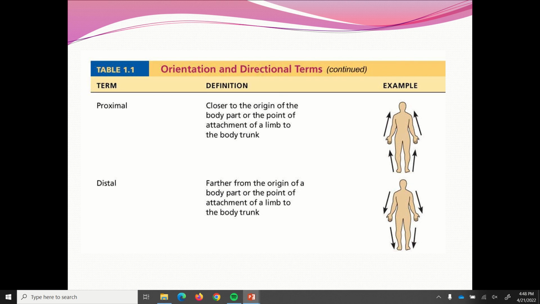Because proximal's definition is closer to the origin of the body part or the point of attachment of a limb to the body trunk, whereas distal is farther from the origin of a body part or the point of attachment of a limb to the body trunk. So let me say this in English. Note that with proximal,